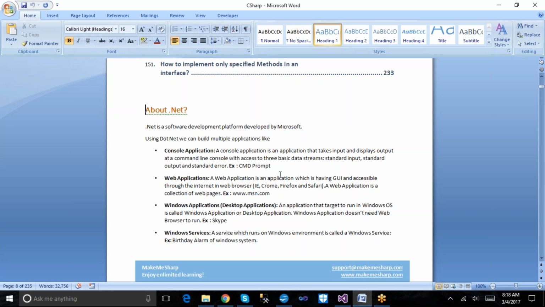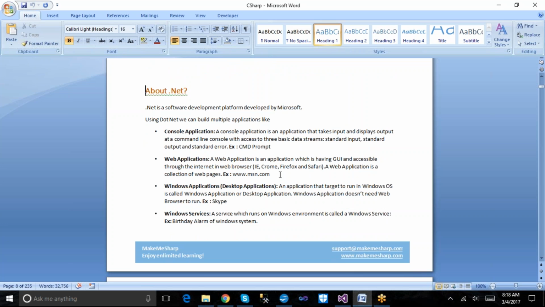Let me move the training session to .NET. What is .NET here? As per Microsoft documentation, we can say .NET is a software development platform developed by Microsoft.